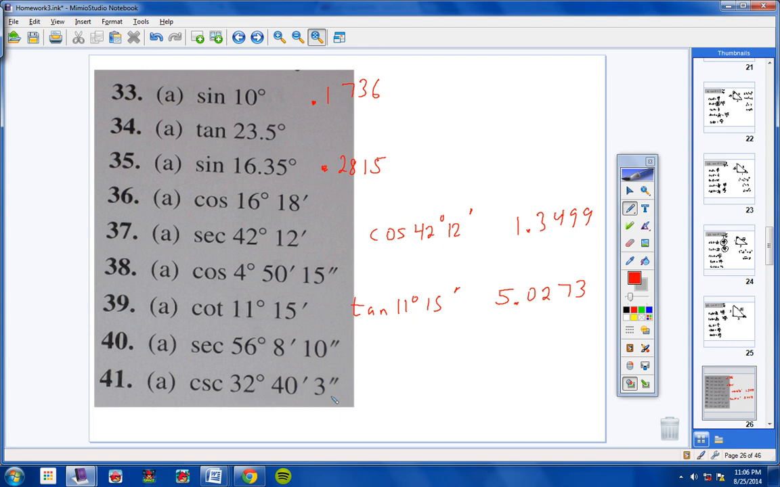So 5.0273. And then number 41, cosecant, which means I'm going to have to use the reciprocal, which is sine. So the sine of 32 degrees, 40 minutes, and 3 seconds. Let me fix that real quick. 32 degrees, and then 40 minutes, and then 3 seconds, and hit enter. I'm getting 0.5397629017. I'm going to raise that to the -1 power, and if I do that correctly, I should get 1.85266. So I'm going to round it to